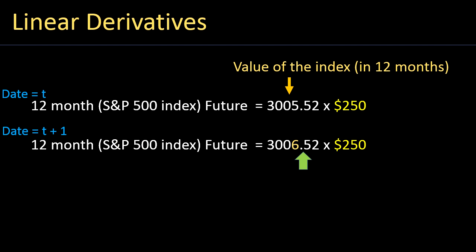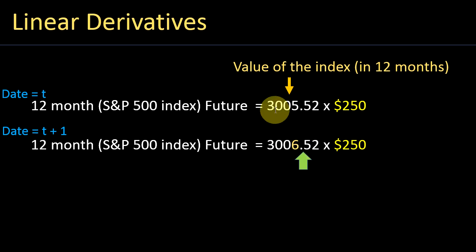Now when we talk about linear derivatives, basically what we are saying is, irrespective of the value of the index, whether it's 3005 or 4000 or 2000, the change will always be linear. In other words, whether it moves from 3005 to 3200 or decreases from, let's say, 3005 to 2800,